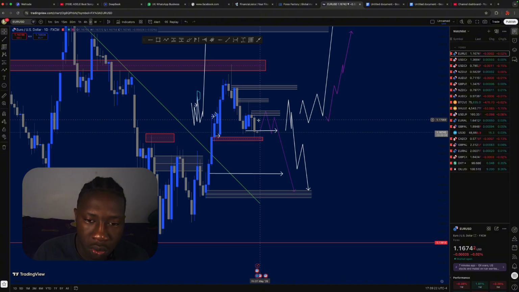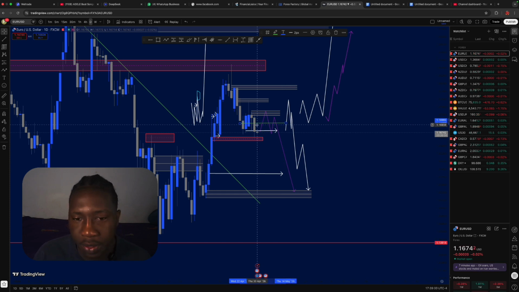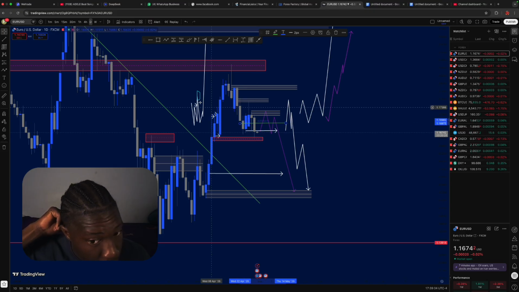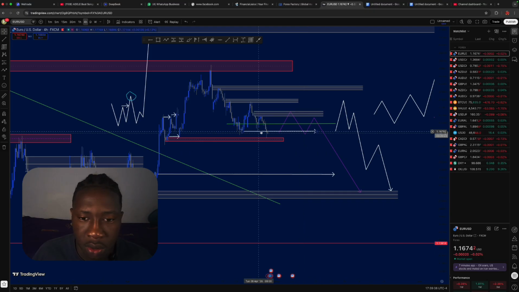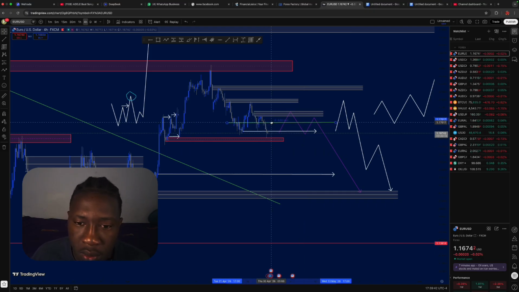So we need to look for a movement to the half of this fair value gap. Then we enter our sell orders. We enter our sell orders starting from there to the downside,